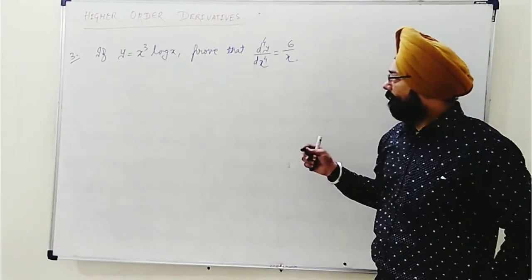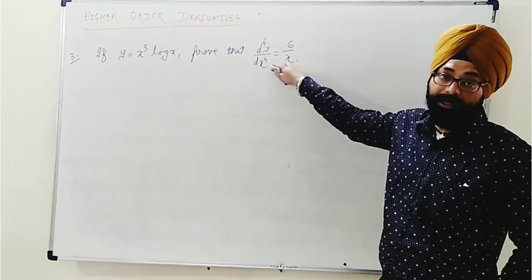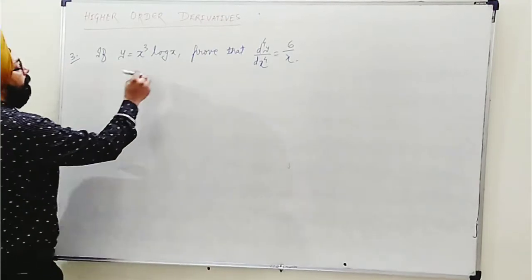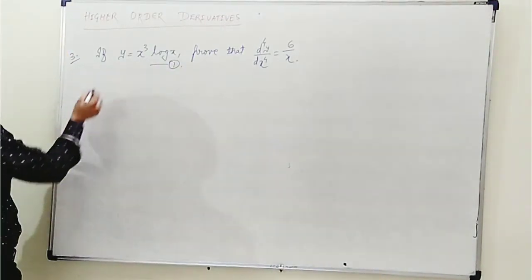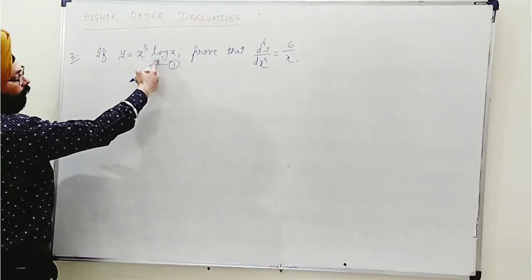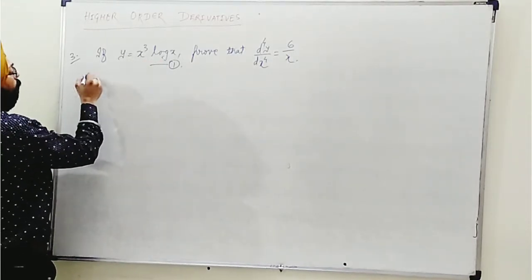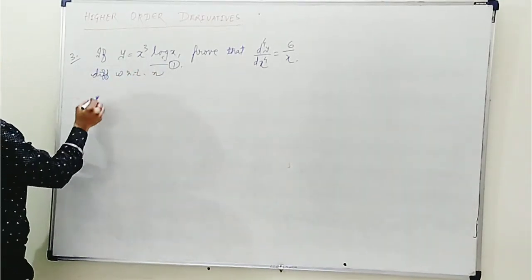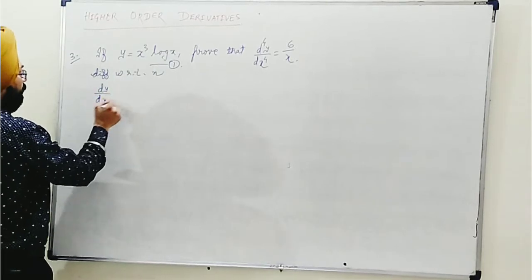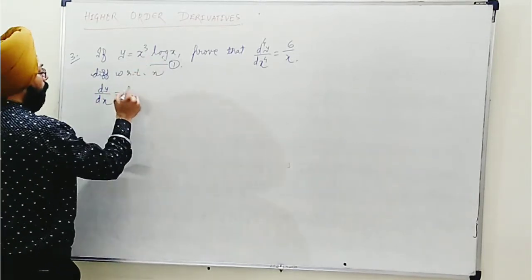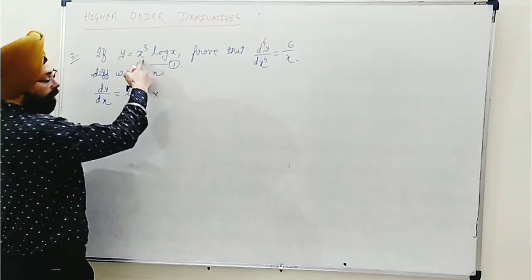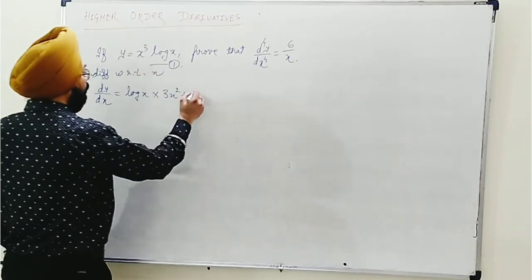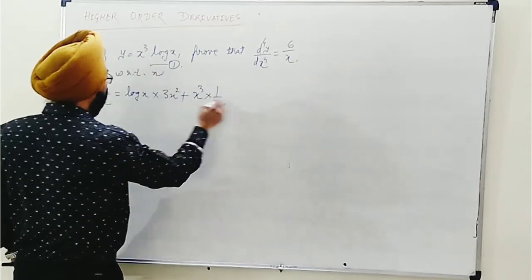In this one, it's different from the previous cases as we need here 4 times differentiation of the function, meaning keep differentiating repeatedly. Let's see. Simply we are talking about equation 1, the product of log x and x cube, so that's why the product rule is applicable. Differentiating with respect to x, first dy by dx will be: log x remains as it is into, when x cube is differentiated we get 3x square, plus the second term x cube remains as it is and log x turns as 1 upon x.